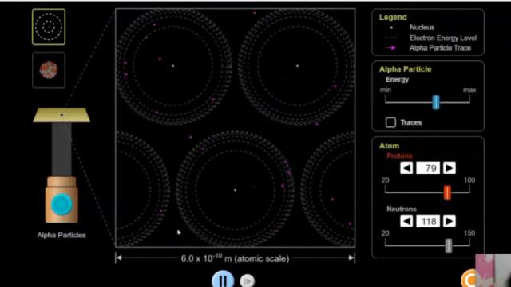If you observe this keenly, you can see some of the alpha particles are deviating in very small angles. And a few alpha particles are deflecting in very large angles. Observe that figure clearly. And very few alpha particles, about 1 in 10,000, bounce back. These are the experimental observations